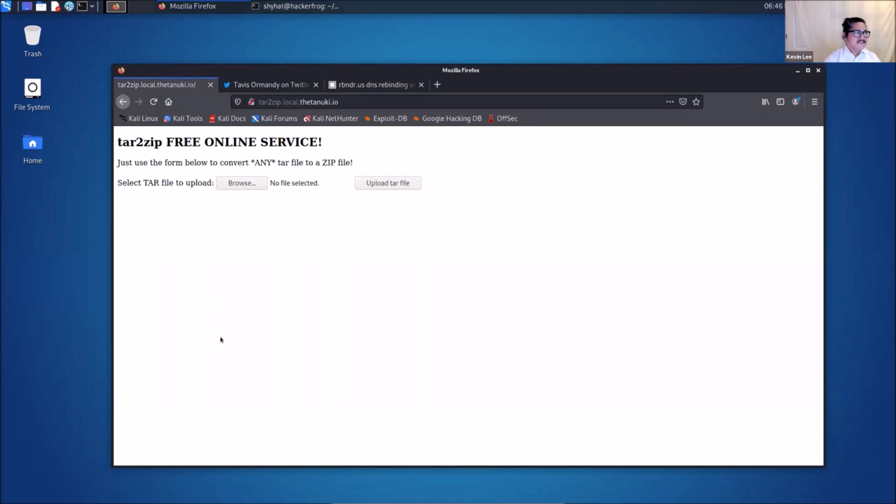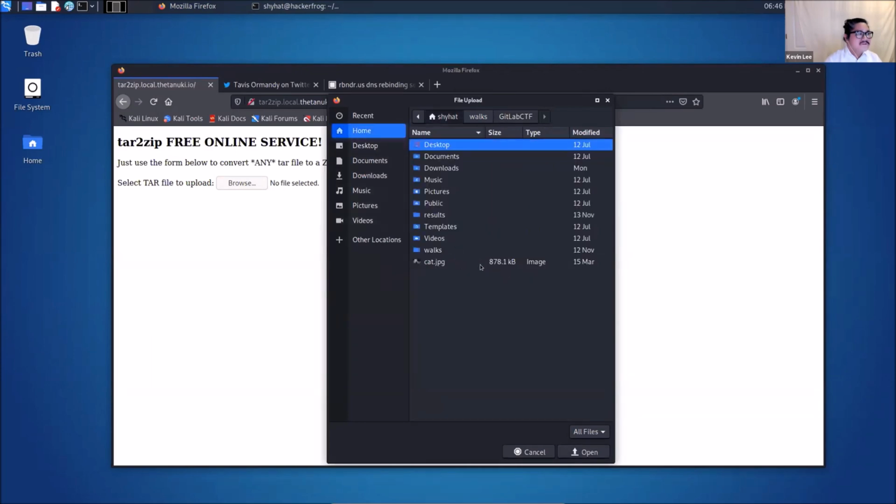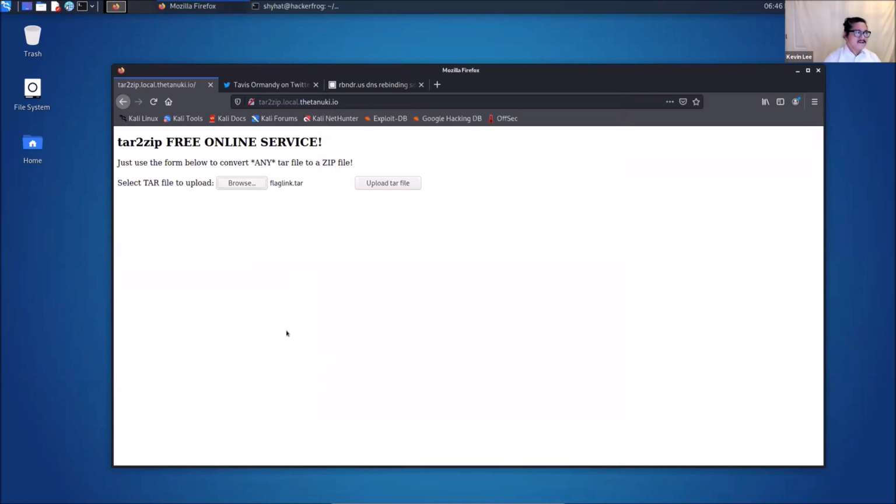So we go back to our browser, and we're going to upload the flaglink tar file. Oh, sorry. We're going to go to Walks CTF. So here's tar, flaglink.tar. There it is. Okay. So we're going to upload that file over here,